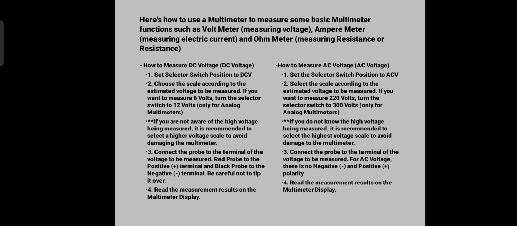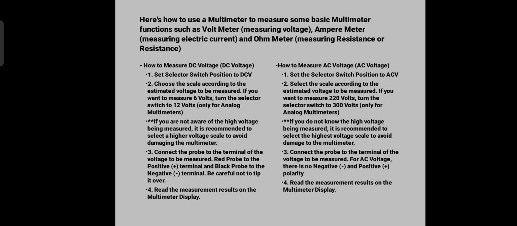2. How to measure AC voltage. 1. Set the selector switch position to ACV. 2. Select the scale according to the estimated voltage to be measured. If you want to measure 220 volt, turn the selector switch to 300 volt, for analog multimeters only. If you don't know the high voltage being measured, it is recommended to select the highest voltage scale to avoid